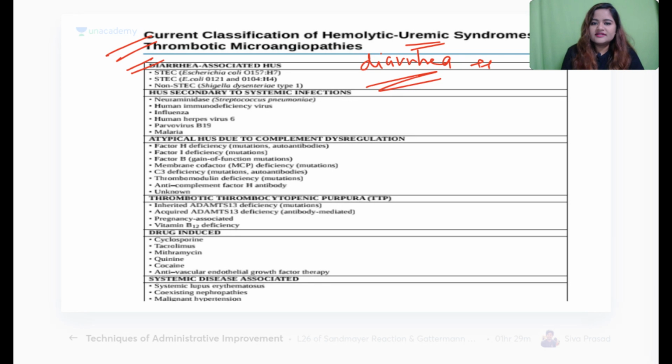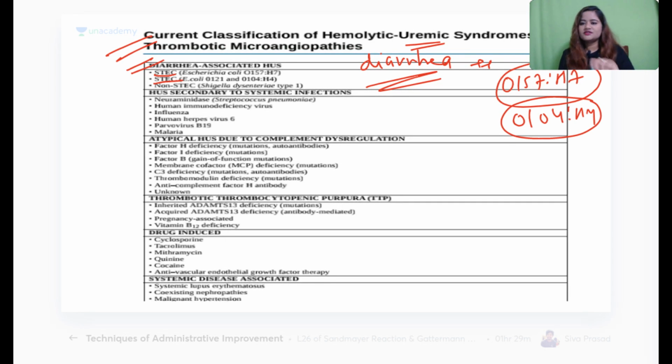ठीक है. सो डायरिया एसोसिएटेड HUS में जो स्ट्रेन व्हिच इज रिस्पांसिबल इज योर STEC, दैट इज योर ई कोलाई स्ट्रेन जिसका नाम है O157H7 which is the typing of this particular strain, and also STEC O104 is to H4. So please remember these two strains which are responsible for causing diarrhea related HUS. So इसकी toxicity के वजह से the toxigenic part of this is going to result in the formation of renal